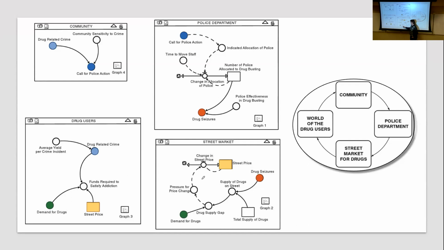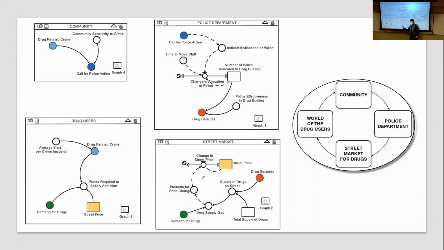And why do we call it a converter? It's because it's taking it from one unit, like drug supply gap, and turning it into another totally different quantity, pressure for price change. It looks like I could have gone directly from drug supply gap to change in street price, and I probably could have come up with a formula to do that, but I've broken it up into 2 steps so that I can communicate that there is some data out there that would suggest I could go out and look at real data for drug supply gaps and how it affected the pressure for price change,